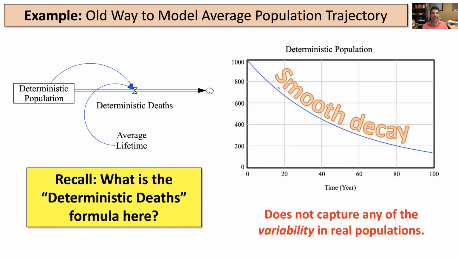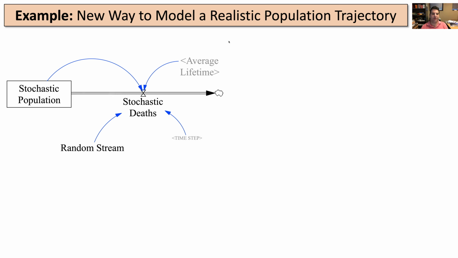Now, this doesn't capture any of the real variability. Like I said, this smooth decay isn't ever actually going to hit 0. It's only going to get closer and closer and closer to it. It's going to have fractional bacteria, so it's not actual counts of bacteria. It's average numbers of bacteria. And so some petri dishes are going to be lucky and they'll actually hang on for longer. Some are going to be unlucky and not hang on so long. And then some will be pretty close to this trend here. But there's going to be variability in the real population. So how do we generate simulation outcomes that look more like a real population?